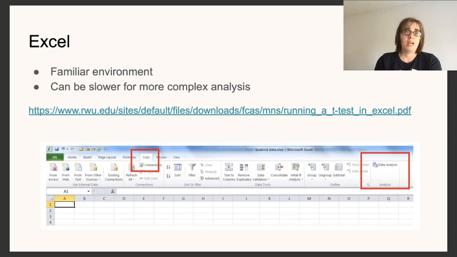And then you've got Excel, which is obviously a familiar environment. If you're doing something more complex, it can be a bit slower in terms of both its processing and in terms of you setting it up to do that, because sometimes there needs to be some kind of fiddling around. But if you look on your Excel, you should see a data tab, and that data tab should give you